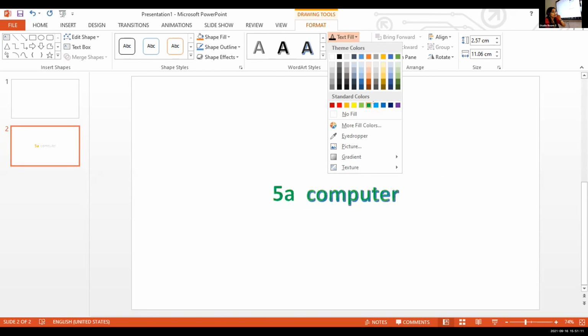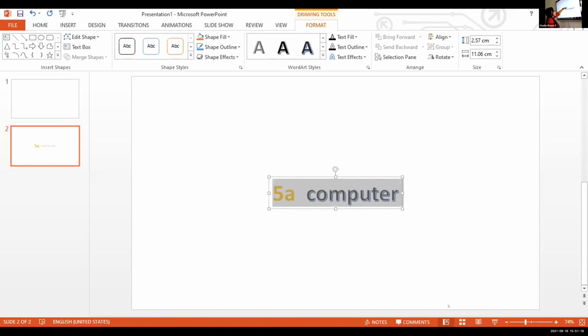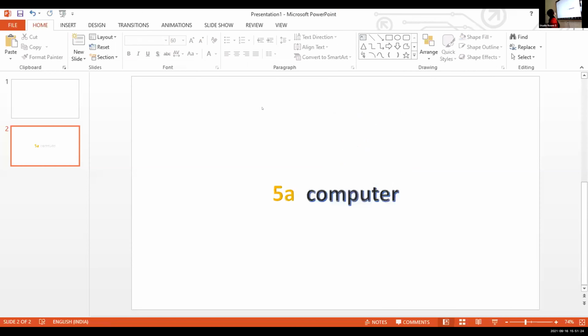Okay, if you want, you can also insert a picture. Nanika, at the bottom, you can see the option picture. There. First, you listen to me. In the text fill option. In the insert, please click. First, you select the text. Select the text.